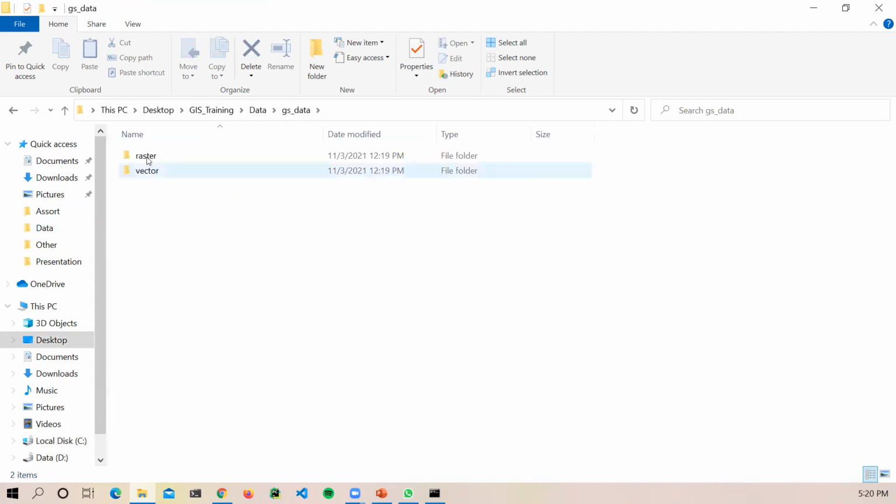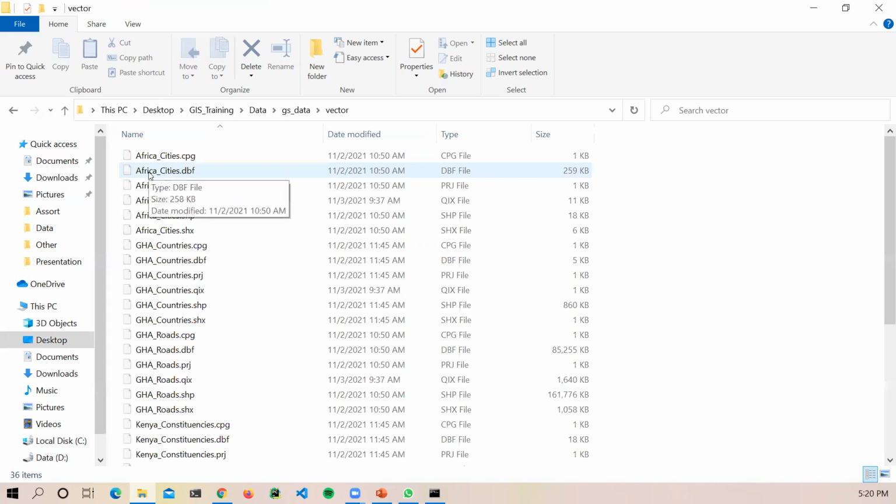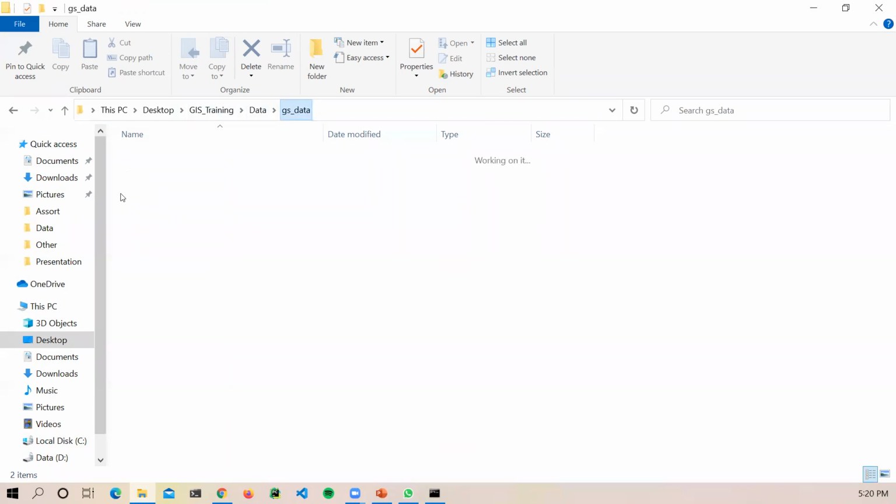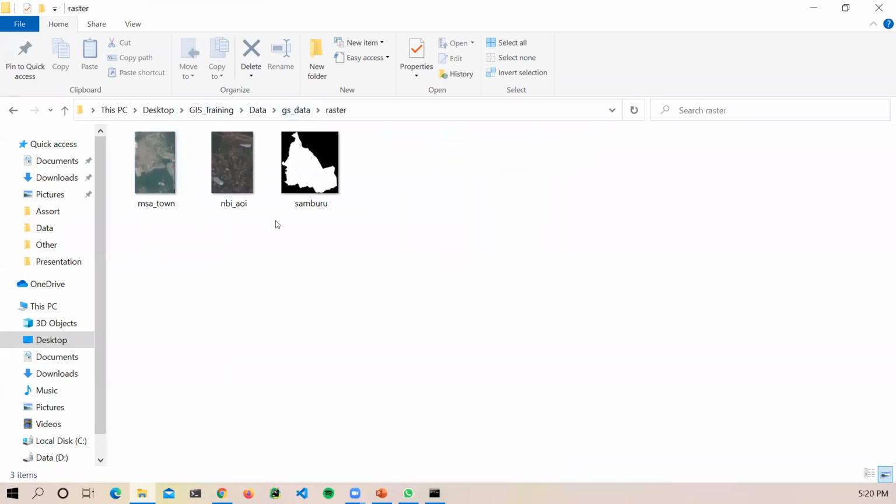They should appear like this. There's a folder titled raster and there's a folder titled vector. So for the vector, it has the data that we were using yesterday. Nothing has changed. And for the raster, we have new candidates. Actually, for the one that you had yesterday, MSA,